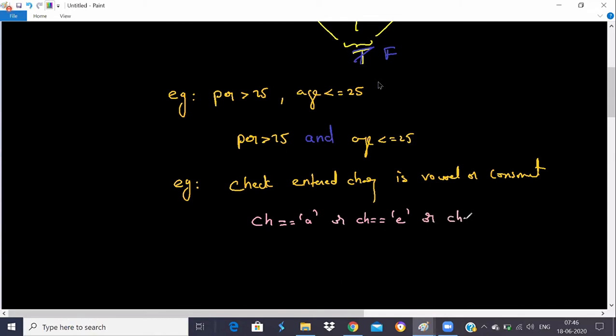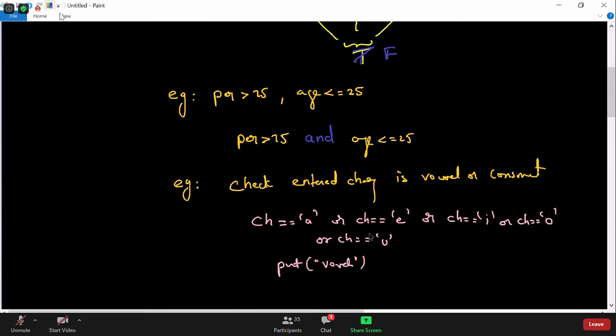Or ch is equal to 'i', or ch is equal to 'o', or ch is equal to 'u'. a e i o u. If any one of them is satisfied, I will print vowel, otherwise I will print consonant. Understood everyone, that here I will use the or operator to combine?